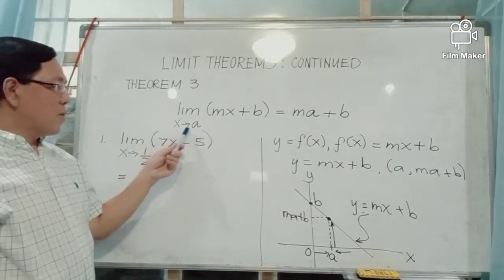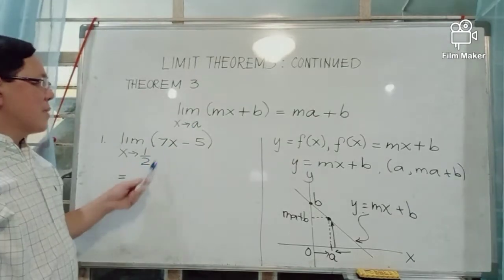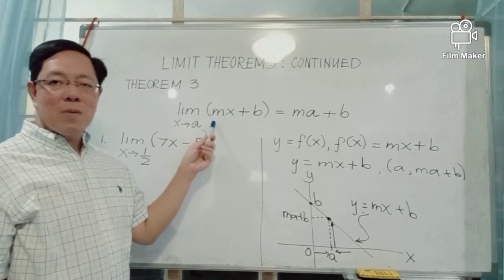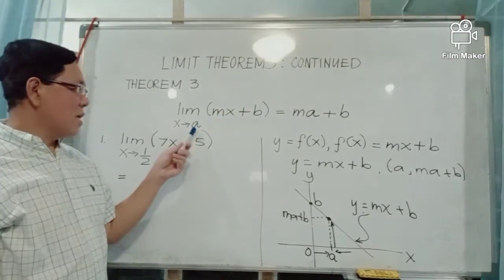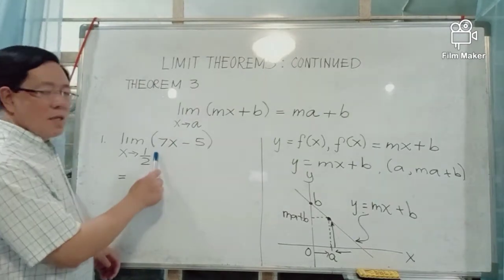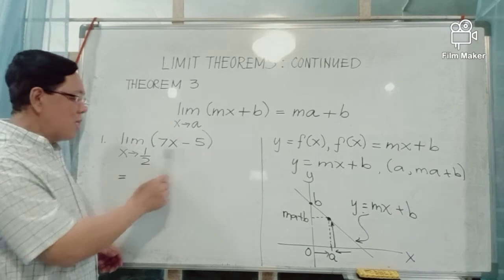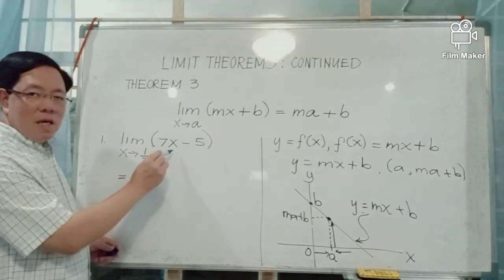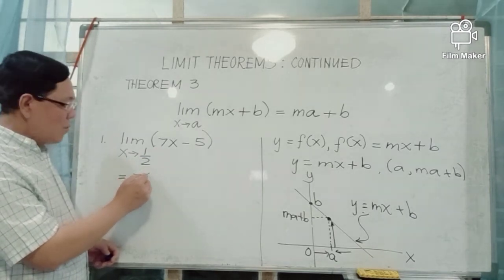And x approaches a in this limit theorem 3, a now is 1/2. And to find the limit of this linear expression, just simply replace x with a. Hence, to get the limit of 7x minus 5 as x approaches 1/2, we simply replace x with 1/2. We get 7 multiplied by 1/2